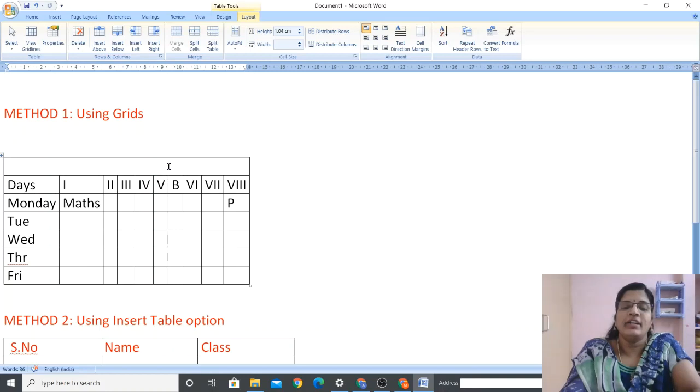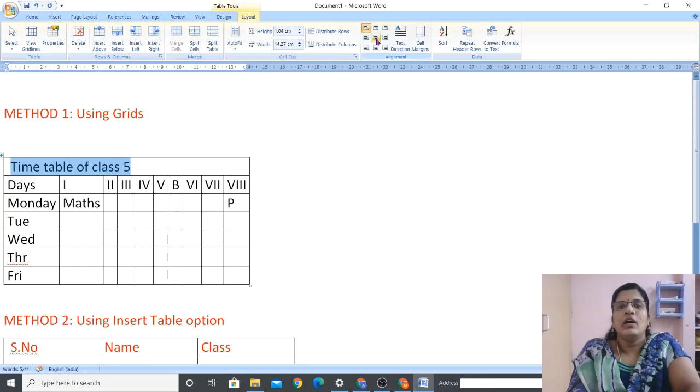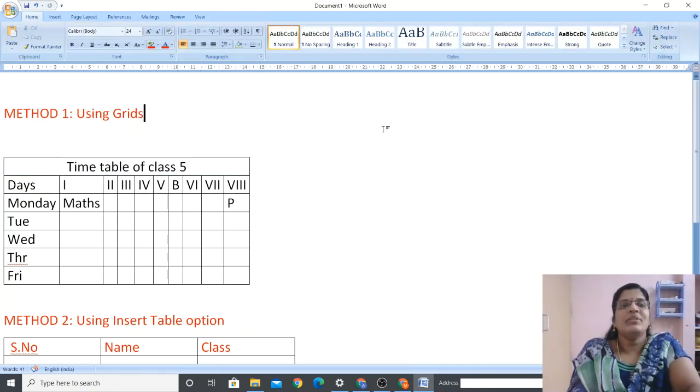Now here you can type, class timetable of class 5. You can put it in the center by selecting it, and do you see the alignment under the Layout tab itself? You have an Alignment group, put it in the center. Got it? So this is the way we can merge cells.